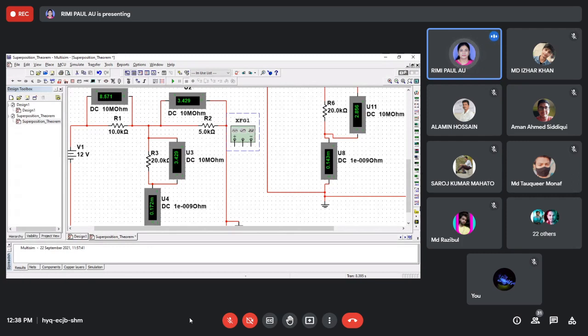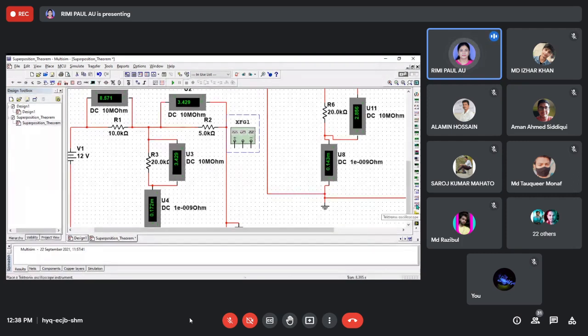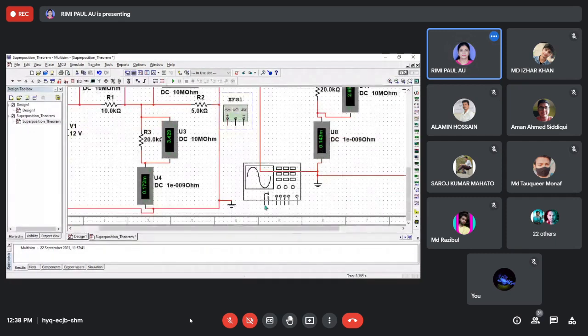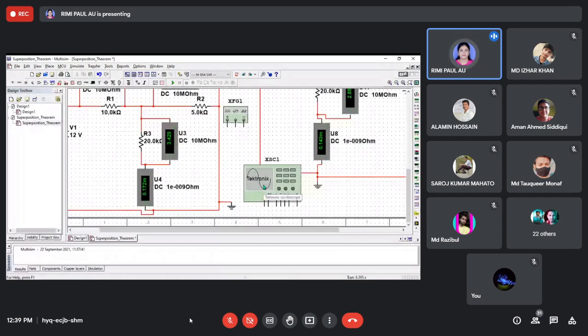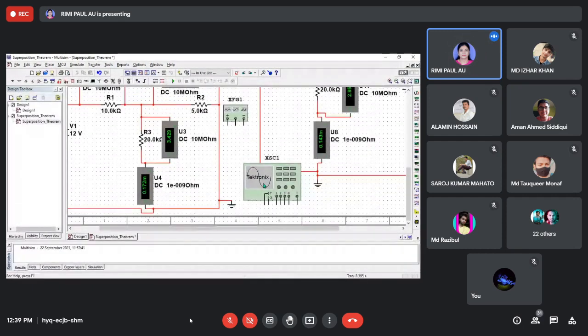Another thing is also available here, that is the Tektronix oscilloscope. You will learn what is CRO and what is DSO. As you have not gone through the electronics or electrical lab, that's why you haven't seen it, but you will learn what is an oscilloscope, and CRO is a very important chapter.